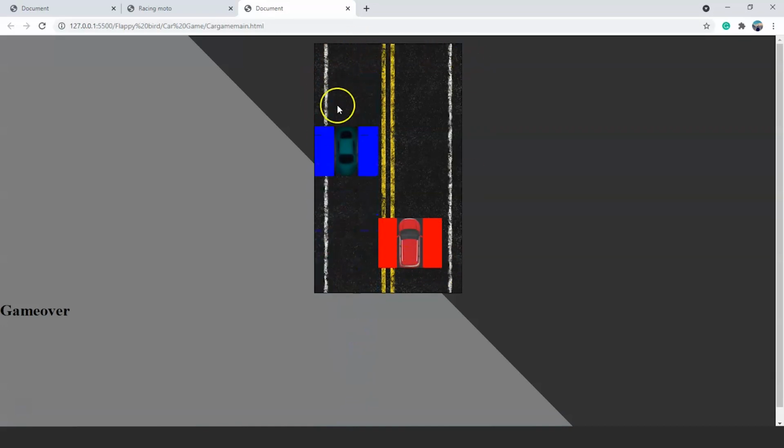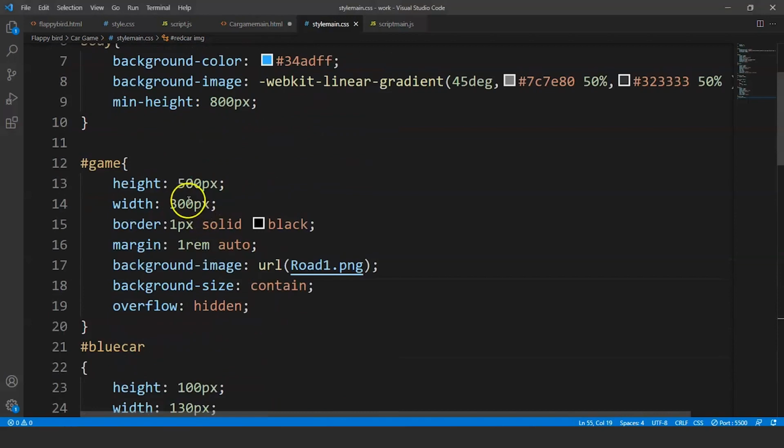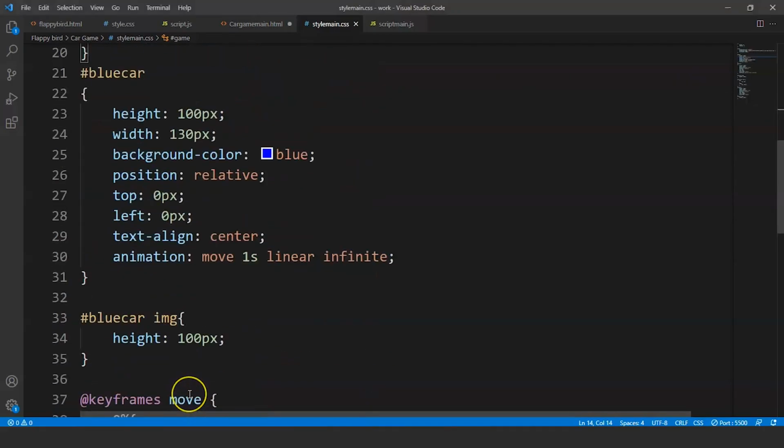Fine. Save it now. Go to the browser, and here you can see we have a red and blue car over here. Now the box seems to be a little bit less wide for these two cars. So what we'll do is we'll write the width here as 390 pixels. So that it will be divided equally in 3 parts. Save it now. And here you can see now this box looks totally fine. We have a red car present in the center. We can move it to the left and to the right. So we are done with styling these 3 images.